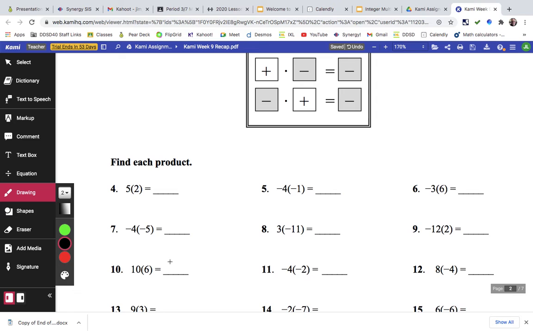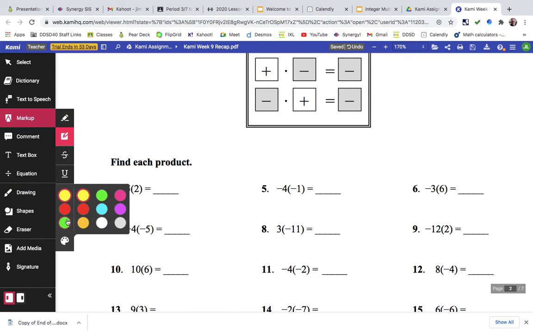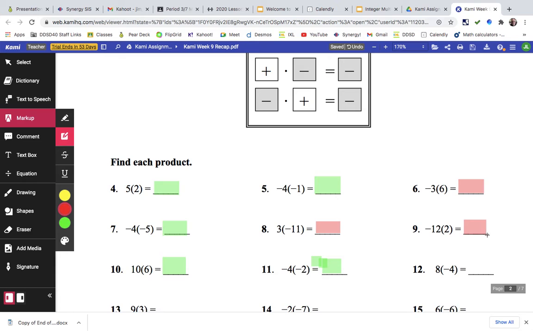We did number 4 through 12. And what I did was I marked positive first. So anywhere where the answer was going to be positive, I just put that in. So that's going to be positive. That way I can just come back through and do the multiplication and not even think about the sign of the answer. And so these are going to end up with a negative answer, because they all just have one negative